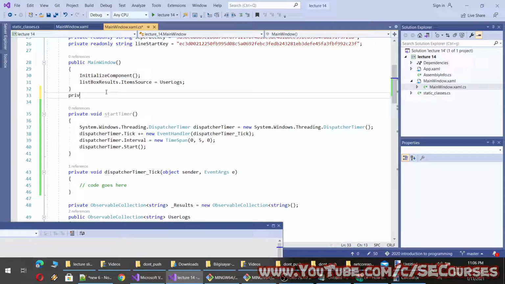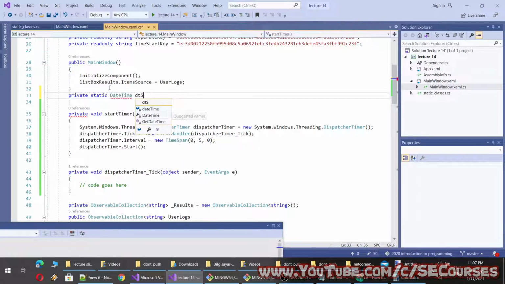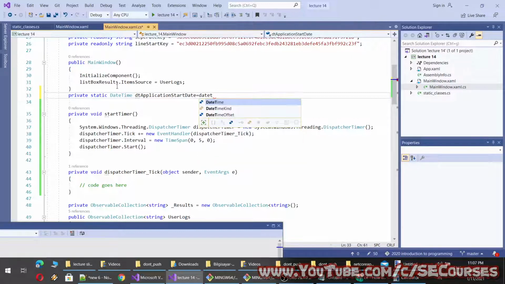So to do it, let's define a private static DateTime, application start time, which will be equal to DateTime.Now.